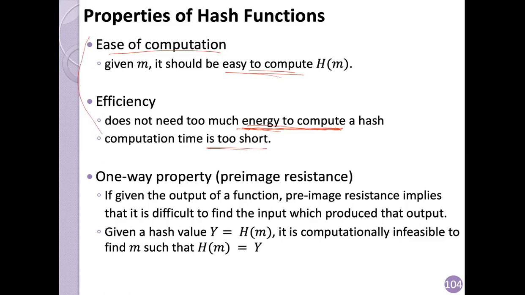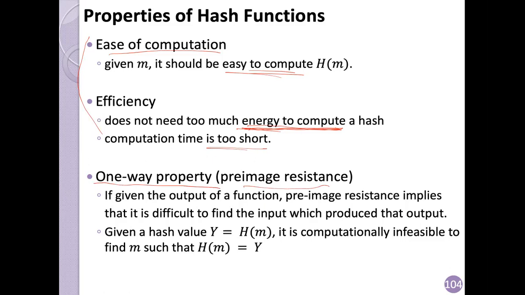Okay, there are three other properties that are kind of system level properties. We have three other properties that point to the hash function itself. The first property is called the one-way property, or pre-image resistance,